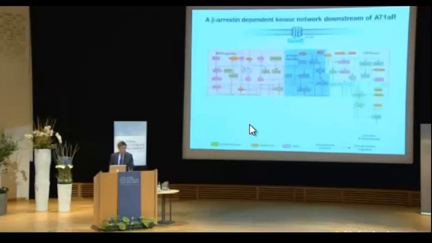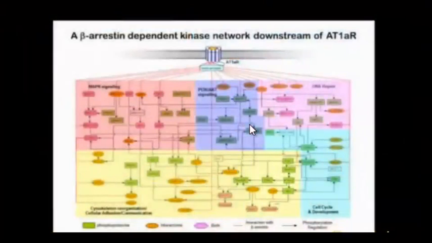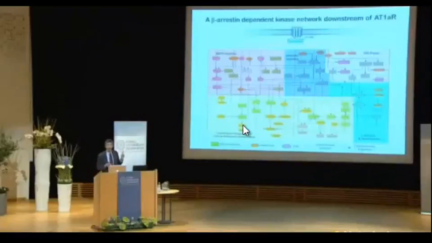And I don't have time to go through it, but I simply want to show you that in this very diffuse map, you can see that there's a huge amount of signaling that goes on, all these phosphorylation reactions, many of which are very similar to or identical to ones which can be activated through G proteins. This tells us several things. One, Beta-arrestin-mediated signaling is very diverse and maybe every bit as diverse as G protein signaling. And two, many of the same pathways are activated. However, almost invariably, when the same pathway is activated, there are distinct physiological consequences to the different subcellular distributions of